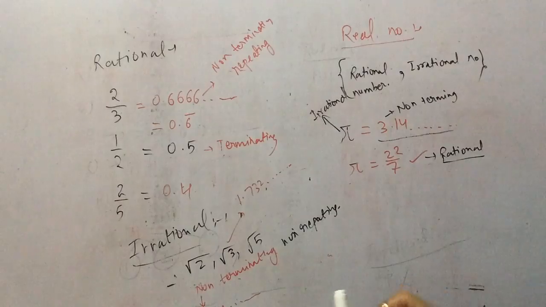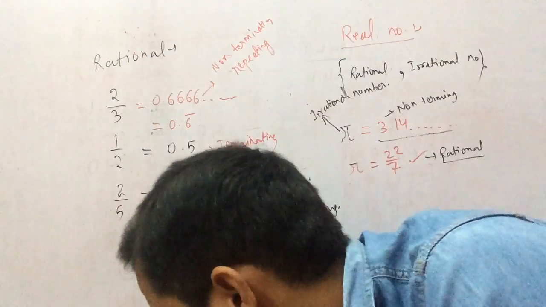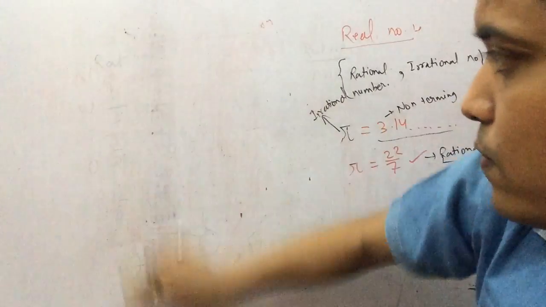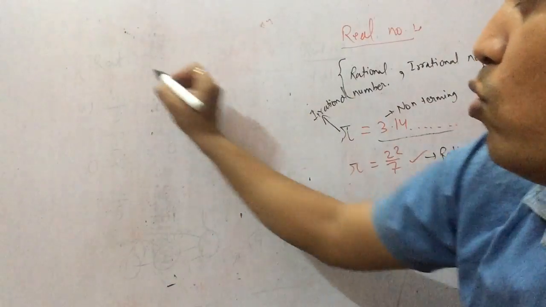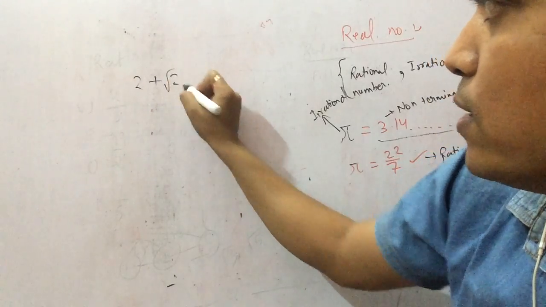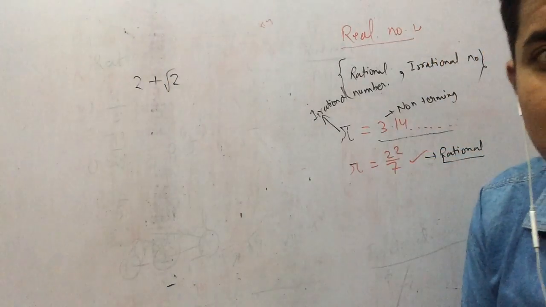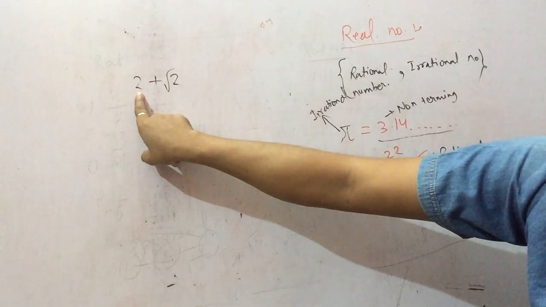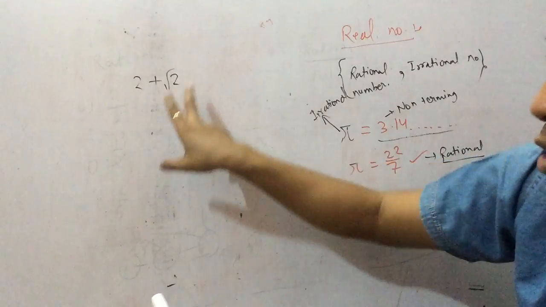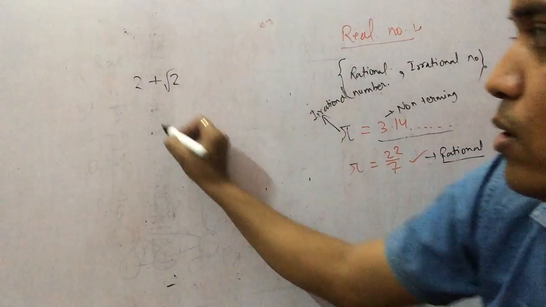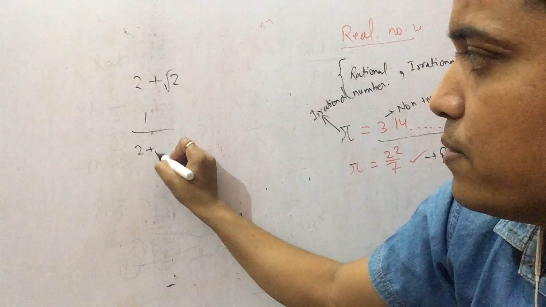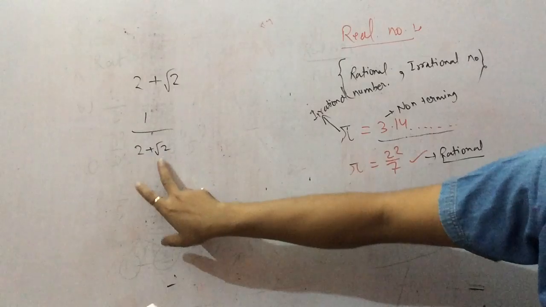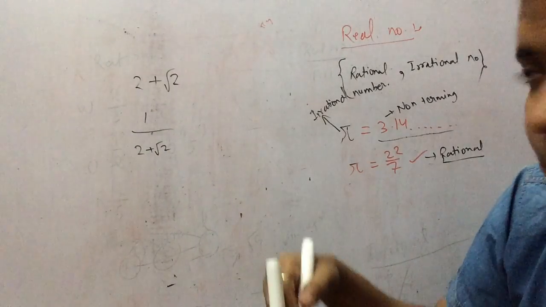Okay, so let's take some more examples here. What about 2 plus root 2? Is it rational or irrational? So 2 plus root 2 is an irrational number, because when you add a rational and an irrational number, you will always get an irrational number. What about 1 by 2 plus root 3? It is also irrational, because when you solve this, you'll get here